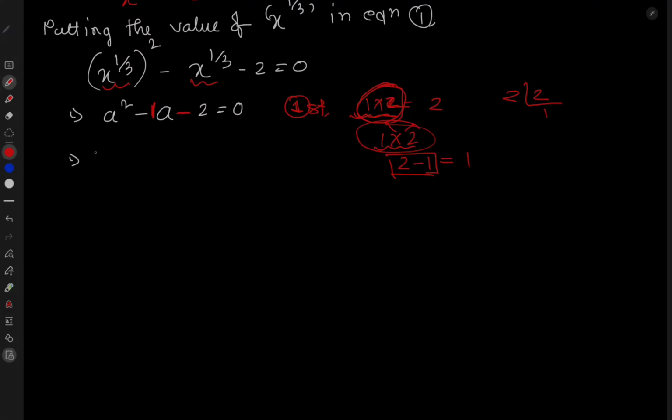So this equation becomes a square minus 2 minus 1 a minus 2 equal to 0. Here the bracket means a is also multiplied with 2 and 1. So if a is multiplied by 2, it becomes 2a, and the minus stays the same. And if a is multiplied by 1, it becomes a. Minus 2 equal to 0. Okay. So a square